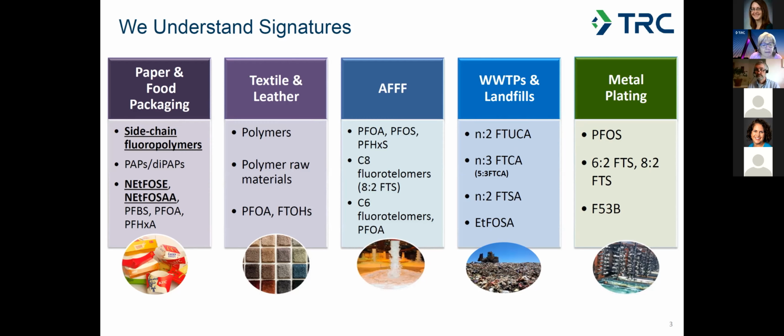EPA allowed PFOS in this industry longer because the risks of PFOS are much less than the risks of hexavalent chromium splattering. The F-53B that's listed here is a replacement for PFOS as a mist suppressant in the metal plating industry. From what I know, I think it's pretty much only been used in China. But this particular replacement compound is now interestingly included on the EPA 537 analytical method list of compounds.